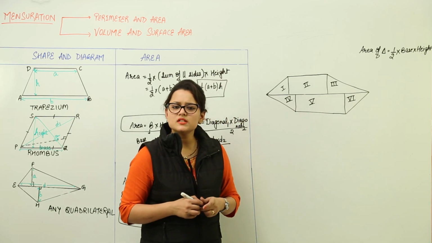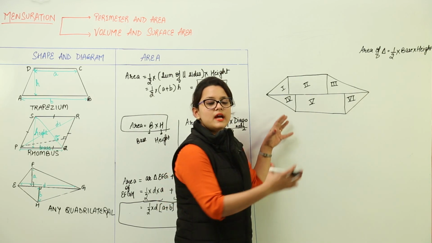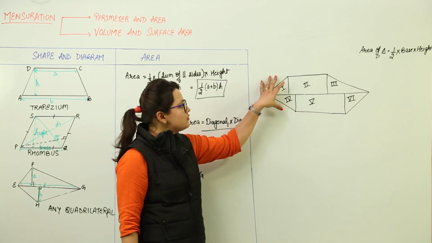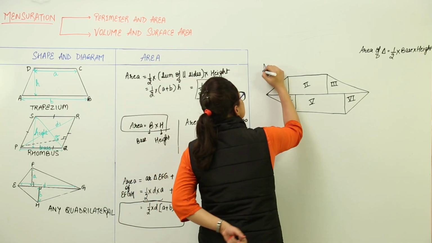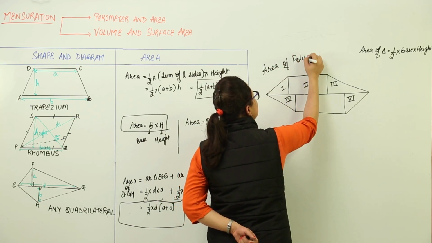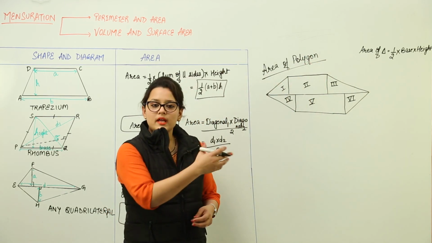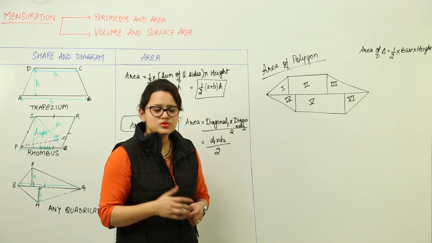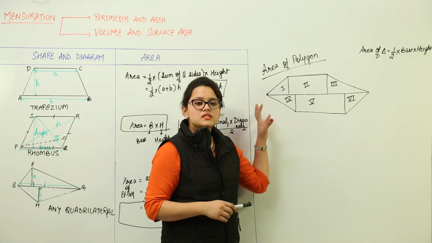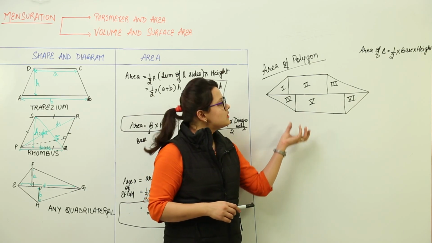So it will be very easy for us to calculate all the 6 areas separately and then add them up together. That will give you the area of this polygon. So you can have any polygon given to you, and if you are required to find out the area, you can just divide that polygon into n number of parts depending on your choice, and you can just add up the individual areas of those figures and give the required area.